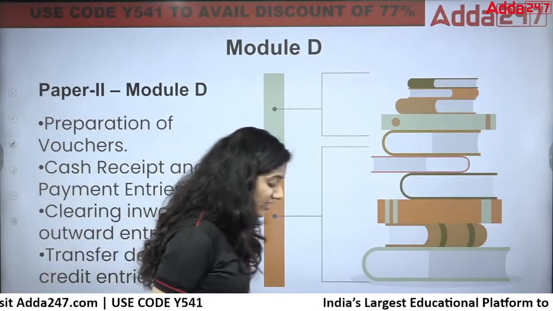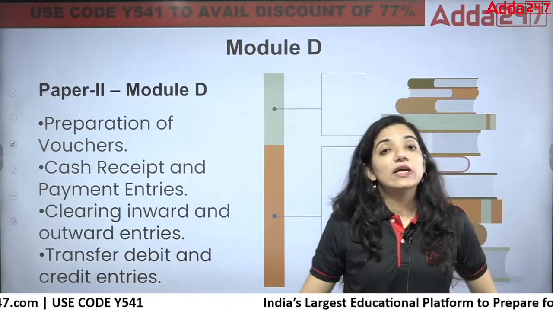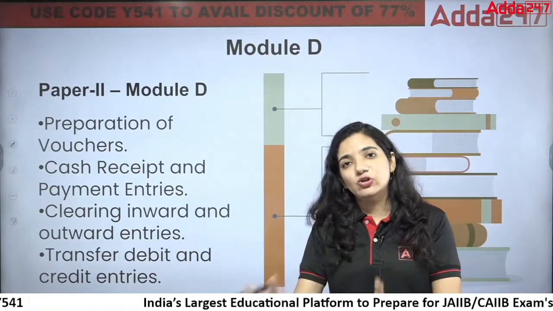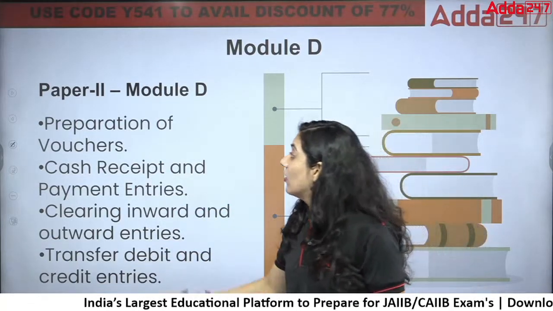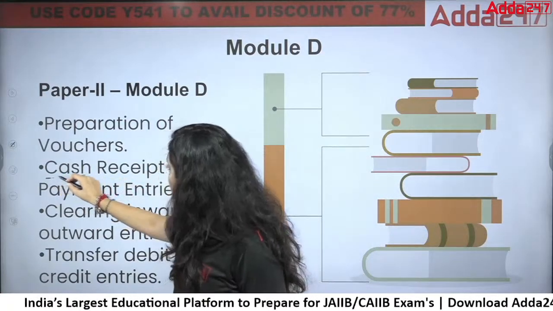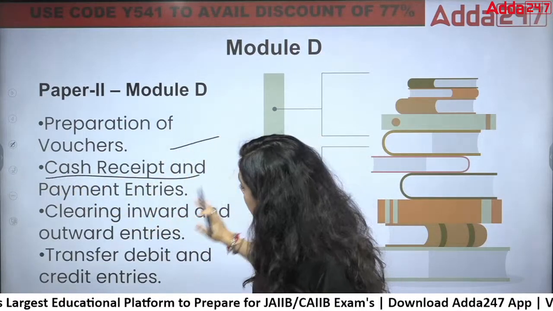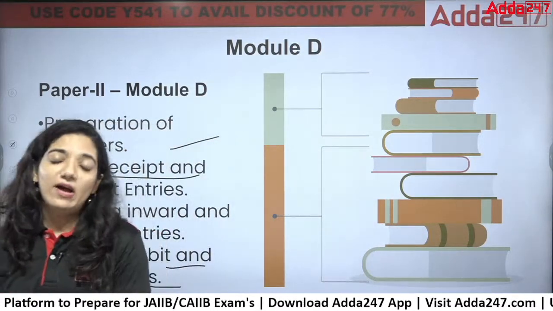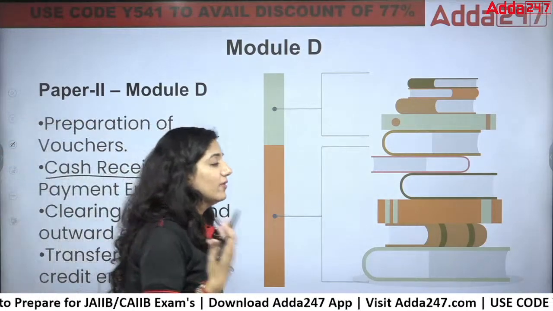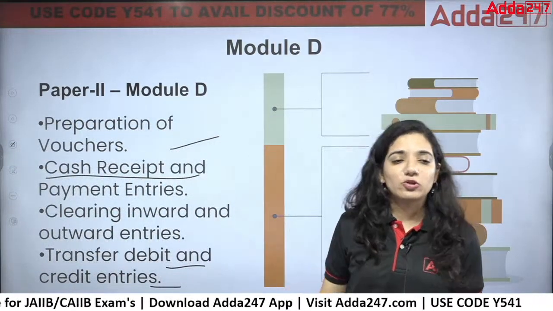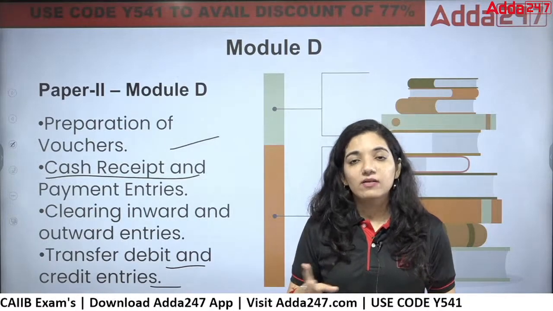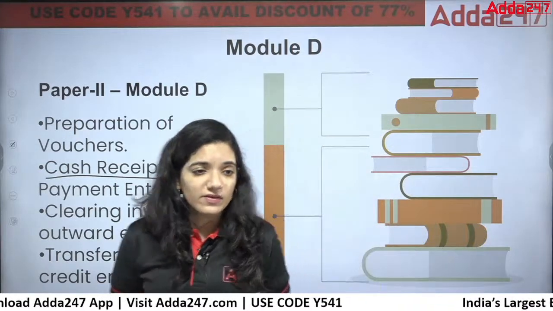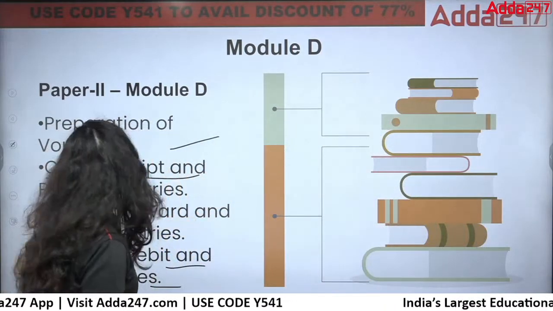When we talk about the module D, what else can we look forward to? That is your advances area, that is basically a niche of a banker, right? So there you have the area of preparation of the vouchers, we have the area of cash receipts, then clearing inwards and outwards. A chunk of this area is from 1-marker questions that can be seen from the module D. We can expect at least 15 to 20 to 25 questions from varied areas, but again 20 to 25 questions, 25 marks can be covered from this particular module